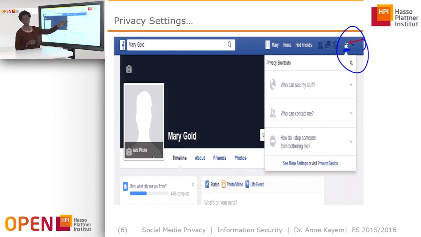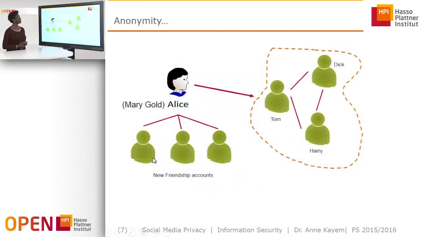So for example, who can see your stuff, who can contact you, and how do you stop someone from bothering you. So remember what we said, for example, about cyberbullying and cyber stalking. This is where you would go to block the person who is giving you trouble.